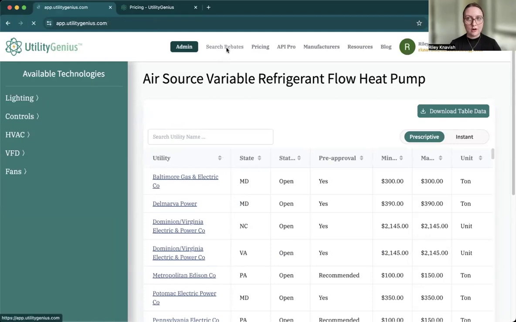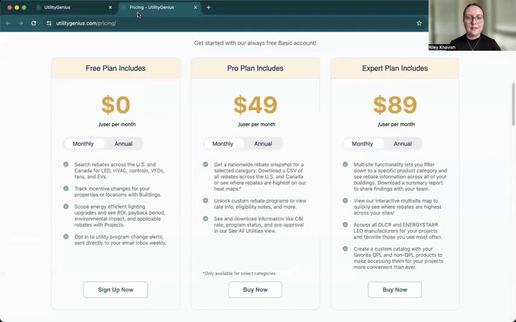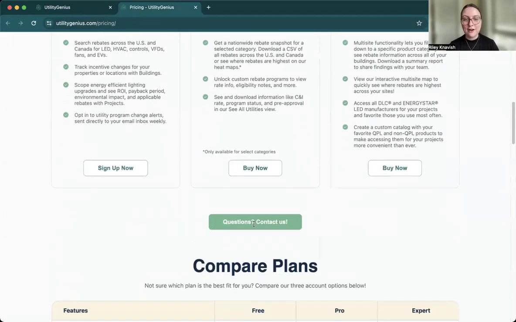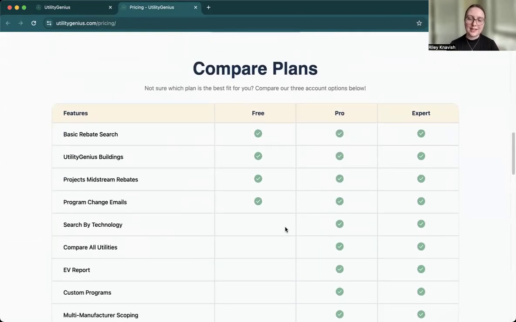That covers our pro options. So again, if you need a refresher after this, over on our pricing page, we have all of that information listed out. We also have a compare and contrast here with this matrix that will show you exactly what features are available with that pro account. We're going to move over into